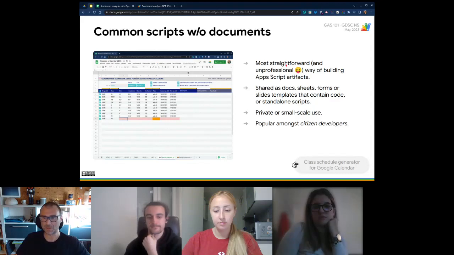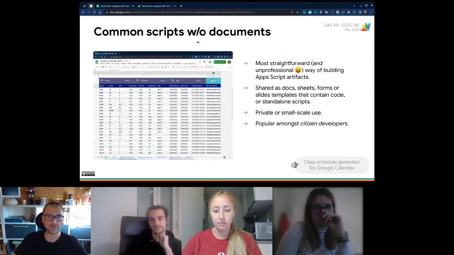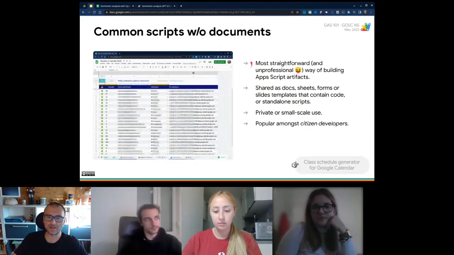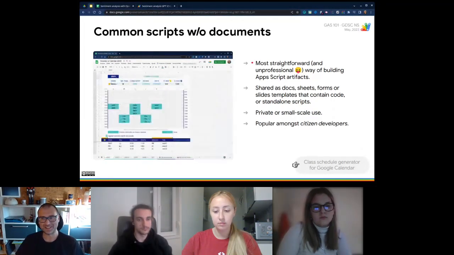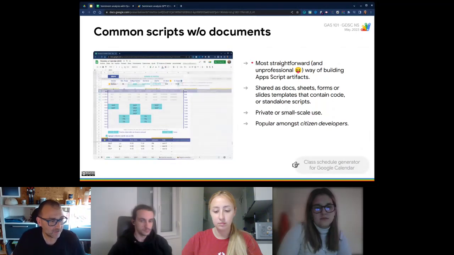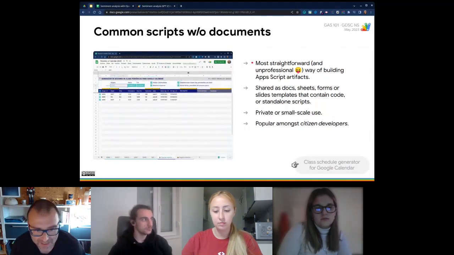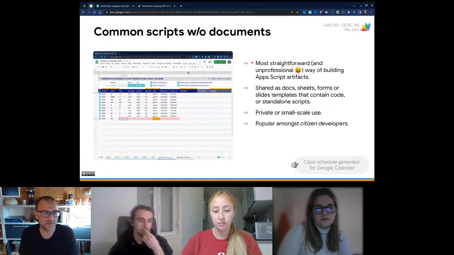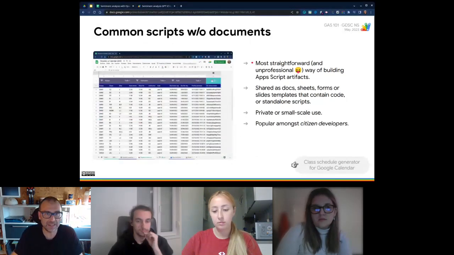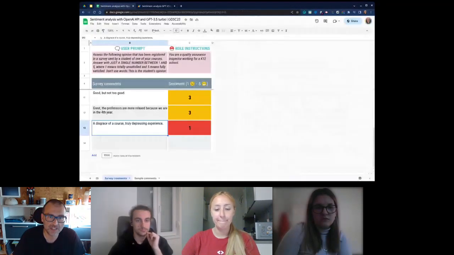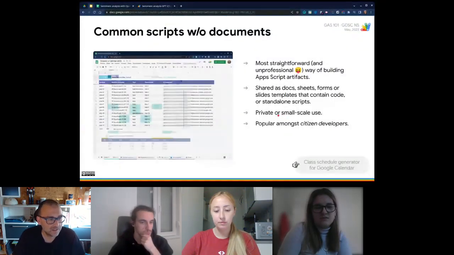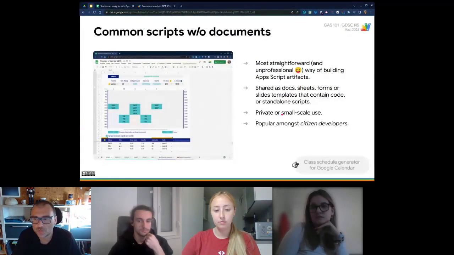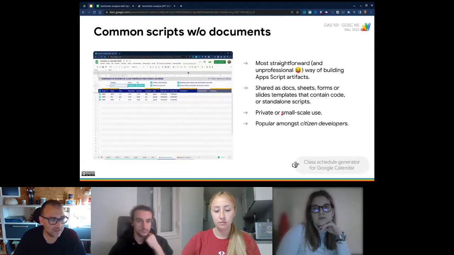Great, thank you. So common scripts with or without documents are the most straightforward way of building AppScript creations. You just have to create a document, start typing inside the editor, it's right here, and then share your doc, sheet, form, or slide with whoever you fancy.